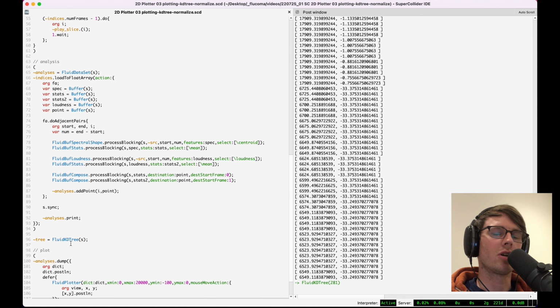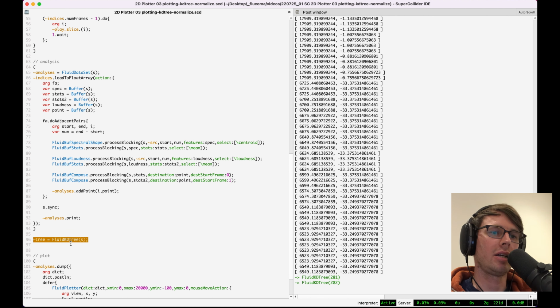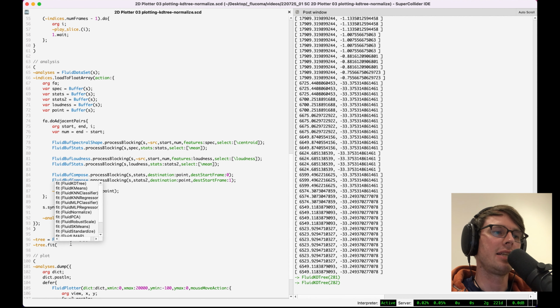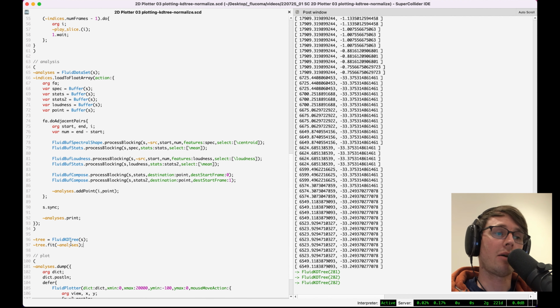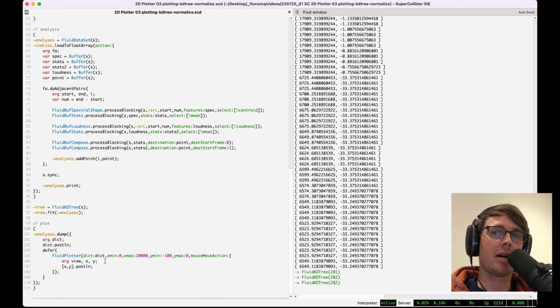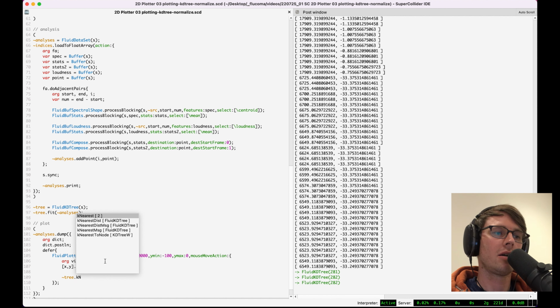And the way a KDTree works is that we'll tell it which data set we want it to fit to, and then we'll analyze that data and create a tree data structure that will allow for really fast and efficient lookup of the nearest neighbors. So we'll initiate that KDTree, and then we'll say tree.fit, and the data set we want to fit to is going to be our data set called analyses. So now each time the mouse gets moved, we can use this tree to look up the